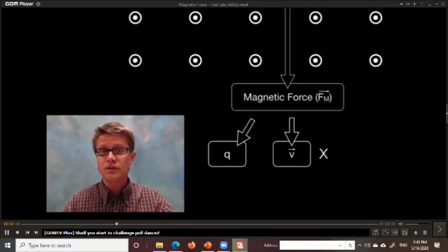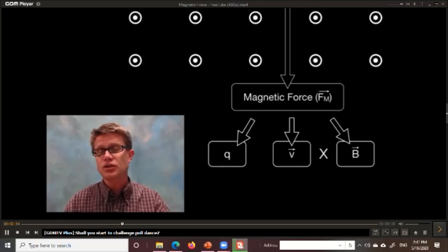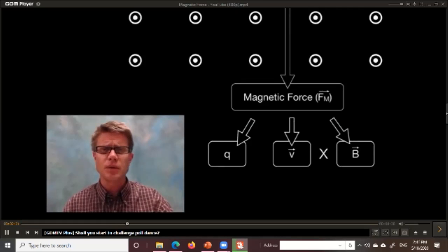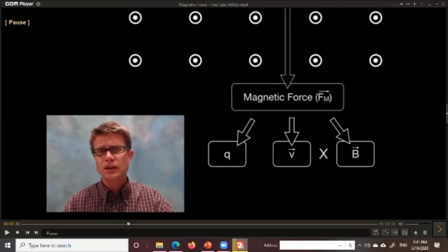We then have the velocity vector, or the speed of the particle, and then we're going to cross product that with the magnetic field. And what's a cross product? Well, when we multiply these two vectors together, we get a third vector that moves in a different dimension. I have an animation that's going to show you that. Therefore, the magnetic force can be calculated as Q times the vector product of the velocity of the charged particle and the magnetic field. Are you clear and understood? This is the magnetic force.